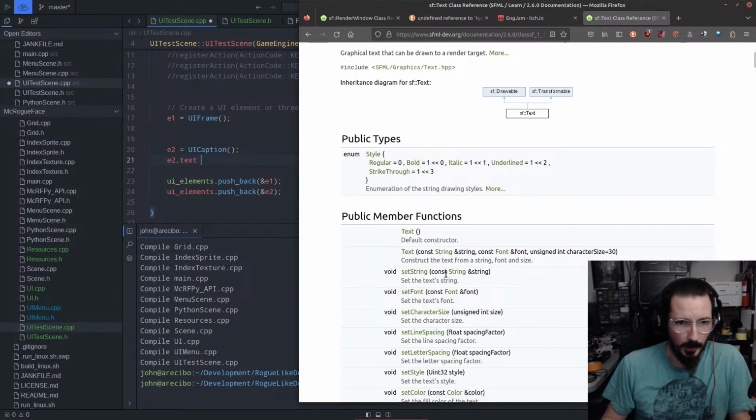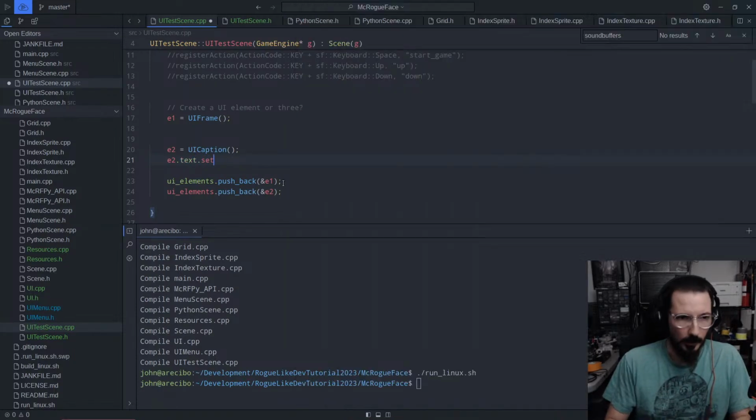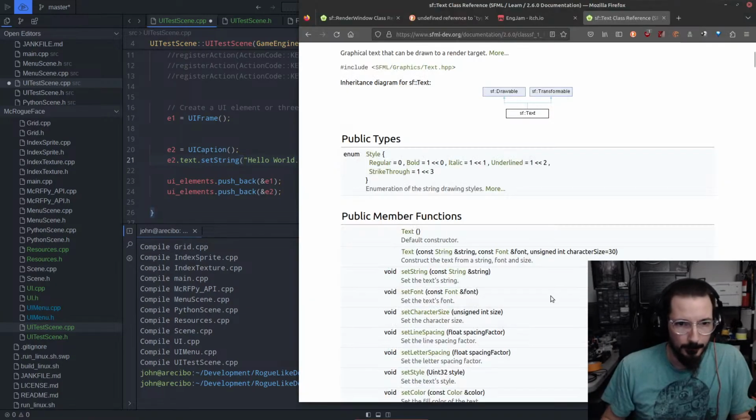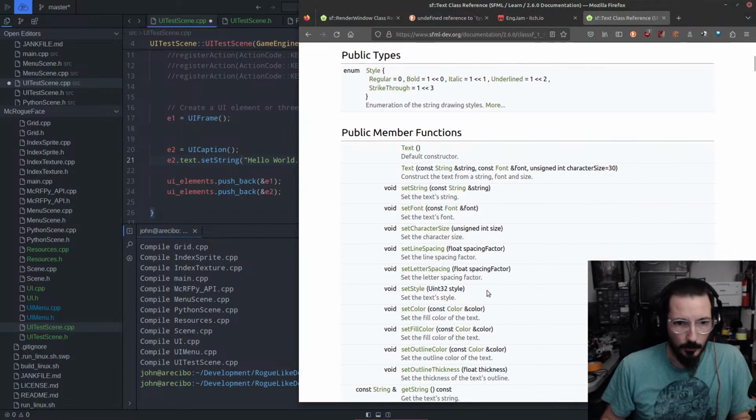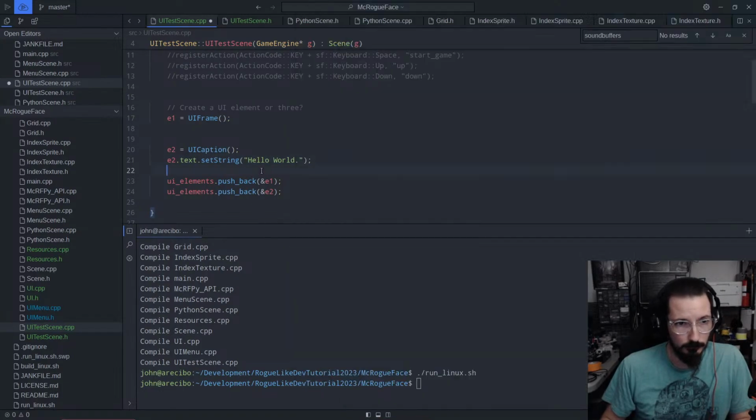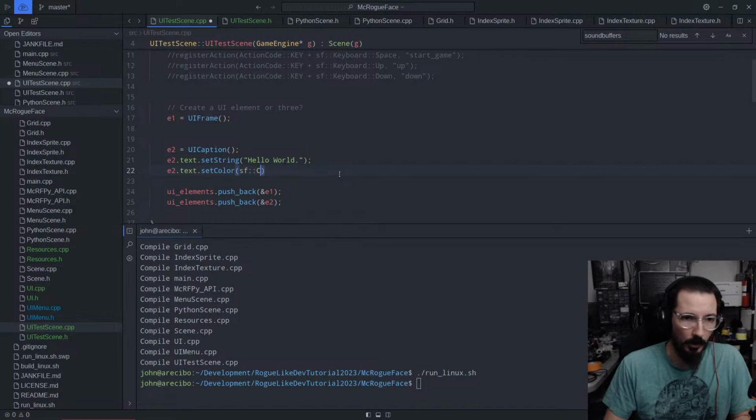It looks like it's a good old C++ string. So dot set string. And let's also set the color, because black on black is not super easy to read. And that would be an SF color. And for that, I have to give,